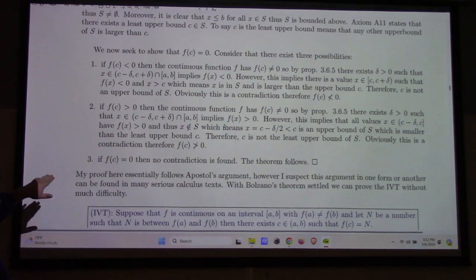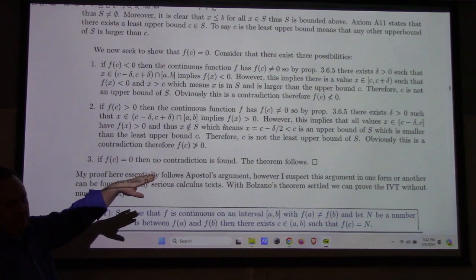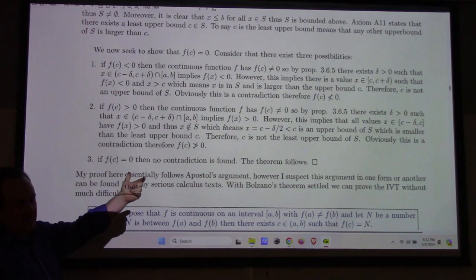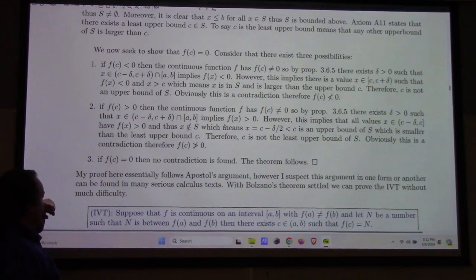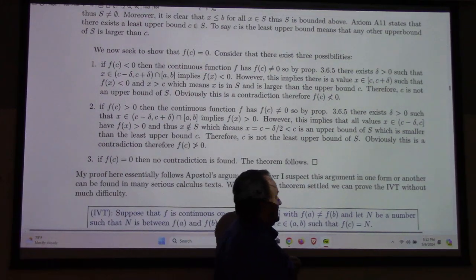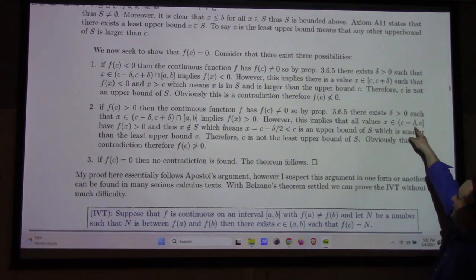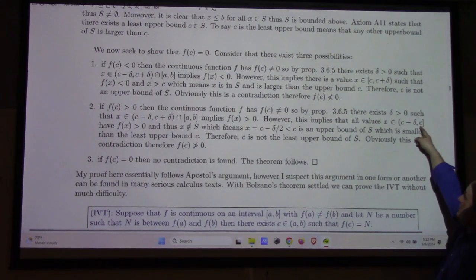How about f of c positive? If f of c is positive, then f of c is not equal to 0. So by Proposition 3.65, there exists a delta such that the values of f of x are positive near c. So that means that any x in here has f of x greater than 0, right? Which means that